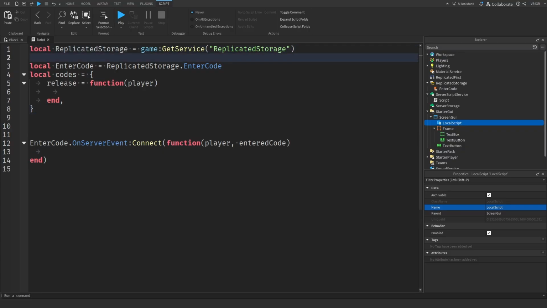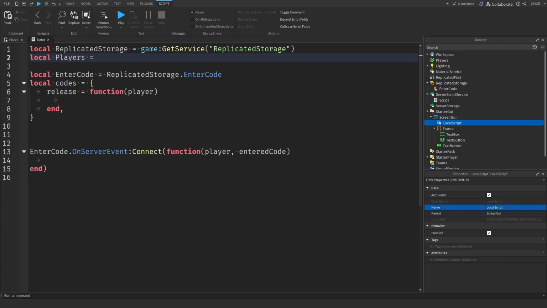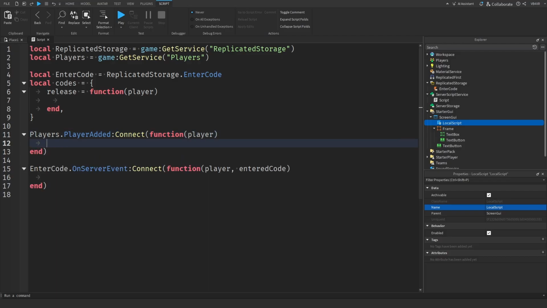First, we need the player service. So local players is equal to game get service players. And here, let's say players.player added, so whenever a player joins the game, we'll connect it to a function with the player as the first argument. Now, to set up leader stats, we need to first create a folder and put it